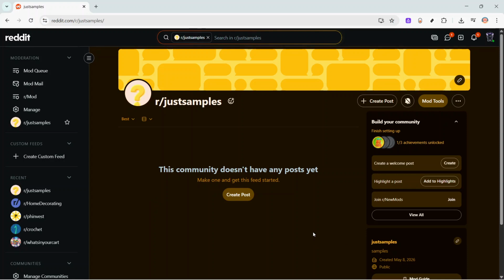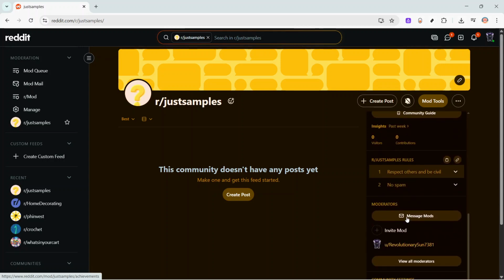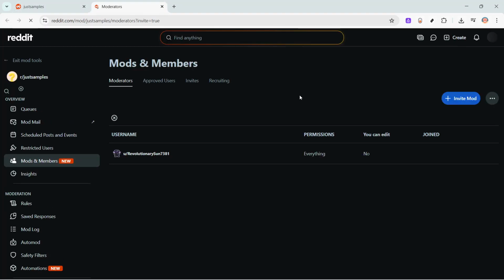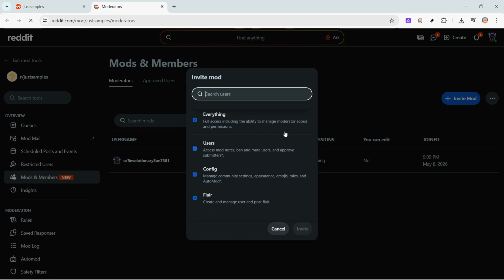Now, if you're the community owner and you want to invite moderators, keep the community page open and shift your attention to the right-hand panel. Scroll until you see the moderator section. There, you'll find a button labeled Invite Mod. Click that. Reddit will open a new page and display a pop-up where you'll send the invitation and choose the